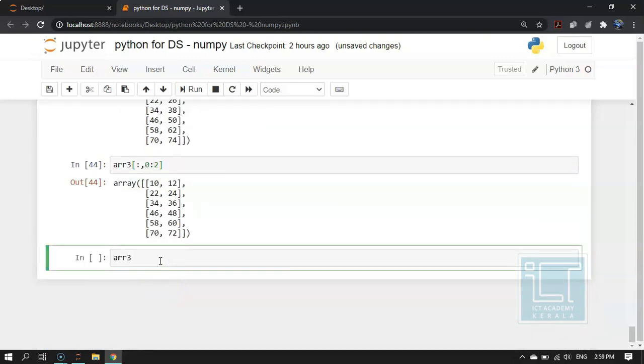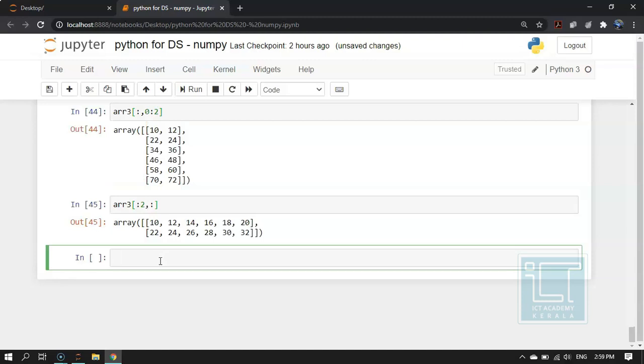Now we will see one more code. Now what will this take out? Now this will give you the values of all the columns of first and second row, that is the rows with index 0 and 1.